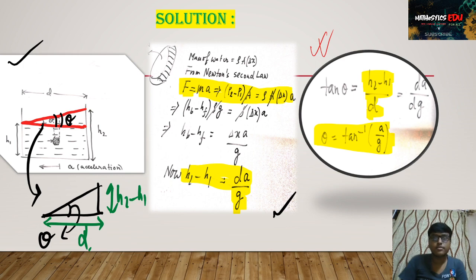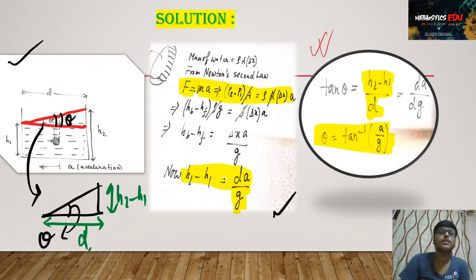Rho again gets cancelled, so you can see that density also plays no role. Although we have derived everything by considering that density plays a role. Yes, density plays a role, that ideal fluid we are considering, that's why density plays a role, but the value of the density plays no role in this particular problem. The value of the density doesn't play any role, but the fact that density is constant plays a role. Obviously it plays a role. I hope this much is clear.